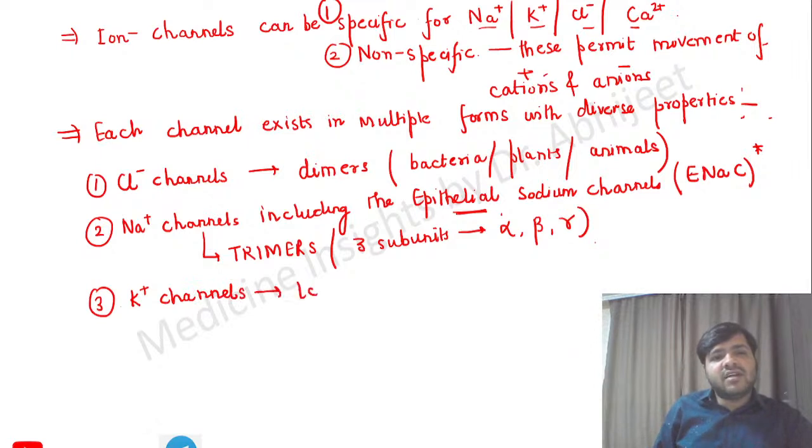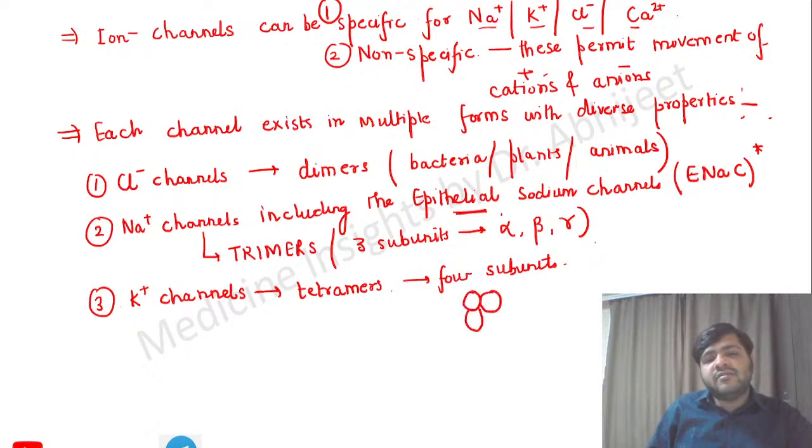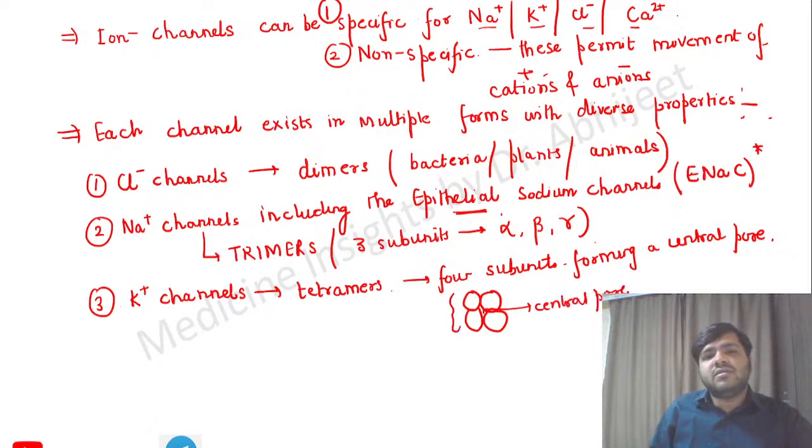Remember, these are tetramers. Basically, they are four subunits. फोर सब यूनिट्स होते हैं और बीच में एक सेंट्रल पोर होता है, okay, forming a central pore. तो ये बीच में एक सेंट्रल पोर देखने को मिलता है और चार सब यूनिट्स होती हैं।